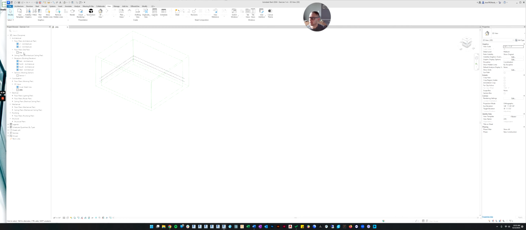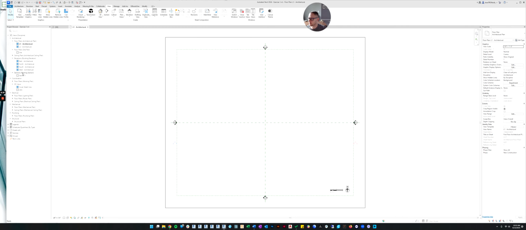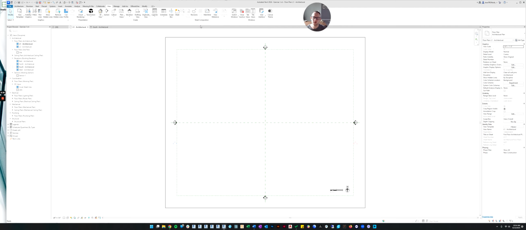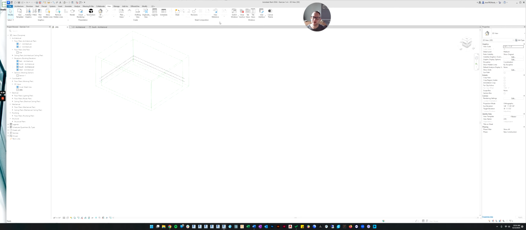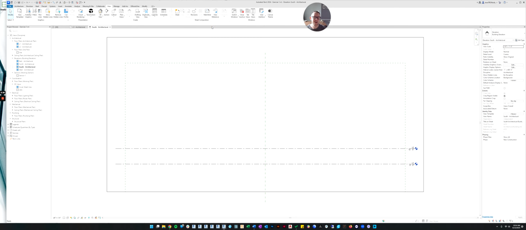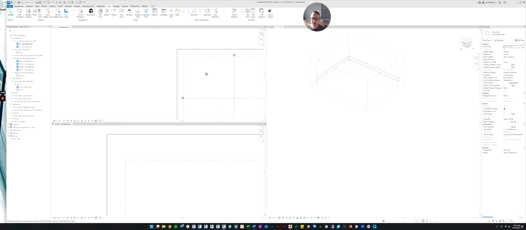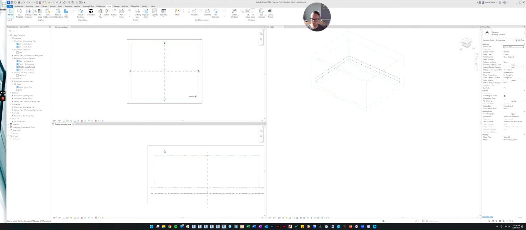All right, and then let's open our floor plan back up and our south elevation. If you had a ton of tabs but you didn't want to close them, you can also go over here to Switch Windows, and if you click on it, it'll give you a drop down of all of the views you have open, and you can pick which one you want to jump to. Right now I only have 3 open, so it's not that big of a deal, but sometimes I have like 20 views open and I want to keep them open, and so I'll jump around using this command. All right, so let's tile the views again. Let's put them back where we need them to start modeling.